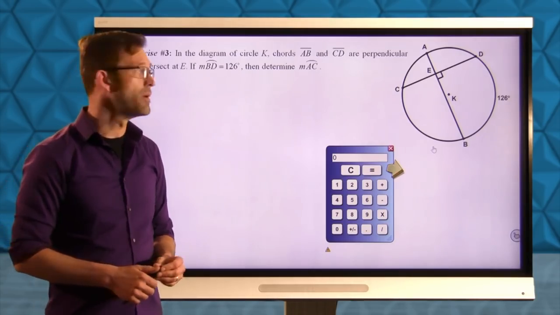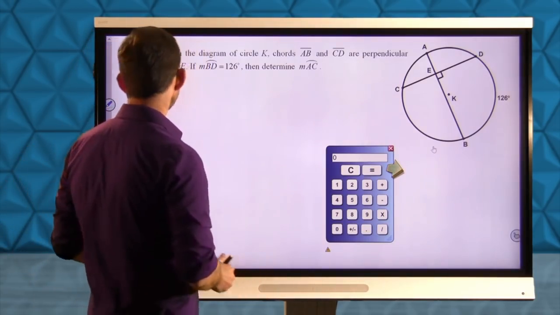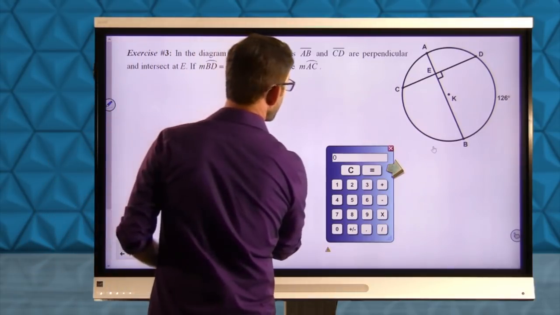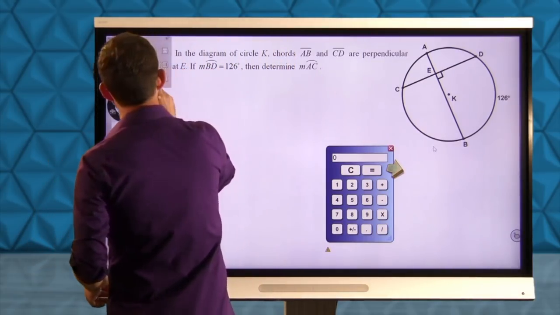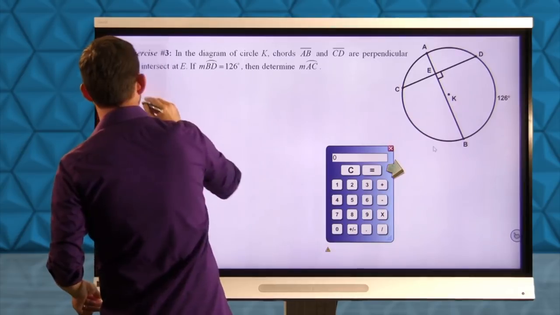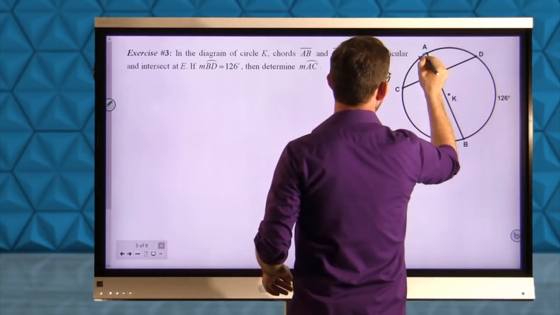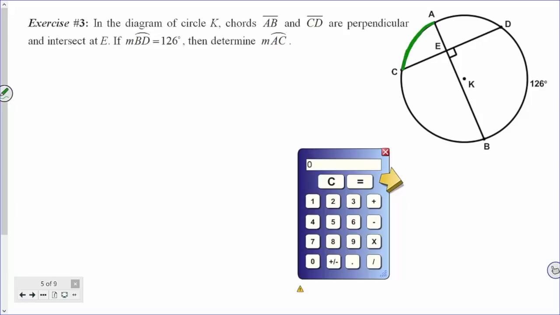All right, let's do it. Well, let's make sure we know what we're looking for. We're looking for the measure of arc AC. I'm going to highlight that. Maybe I'll put it in green. Okay, I'm looking for the measure of this arc. All right. Now what I know is